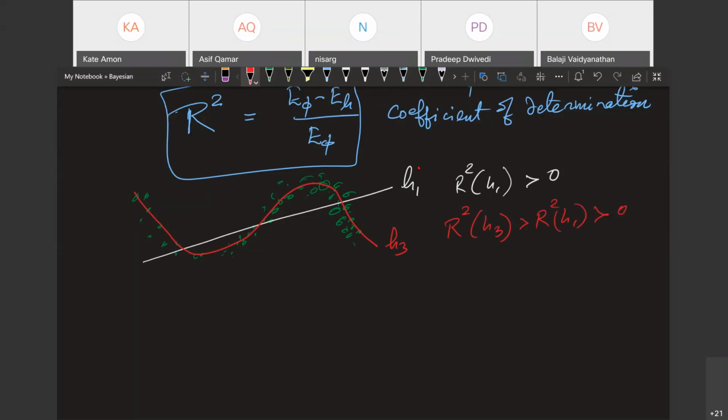So H1 is moving in the right direction. H3 is even more progress in the right direction, isn't it, guys? Just because you got an R squared greater than 0 doesn't mean that you have a good model. You should look at other metrics.